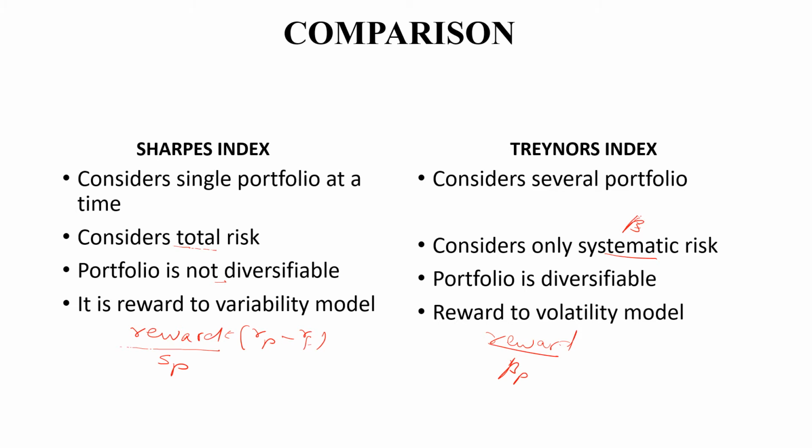When you did the calculation of beta values and all that, you always had the stock values and you had the NSE or market index. So you're comparing this with this. That is why it talks about volatility. How changeable is your stock in relation to the total index value. So the key points here, please remember: single portfolio, several portfolios; this is total risk, this is only the systematic risk; you cannot diversify, it can diversify; this is reward to variability, this is volatility. Please don't interchange these values and write this is variability, this is volatility.